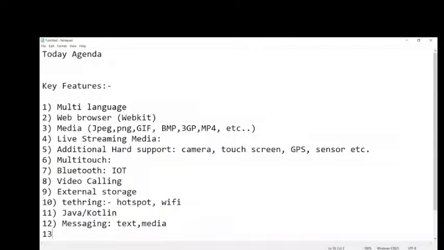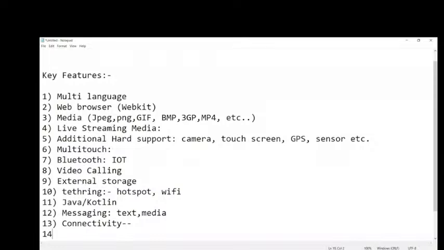The next is connectivity. These phones have connectivity, like they can support GSM. In our phones there is CDMA, GSM, 3G, 4G, 5G. So nowadays it is supporting all variants. Along with the network providers, as the technology develops, the mobiles are also released in that fashion. So now the latest phones are all supporting 5G as well.